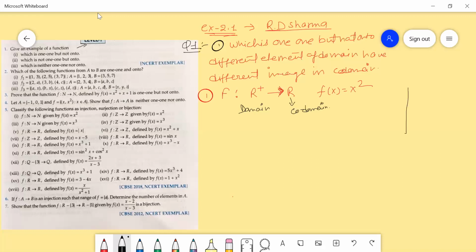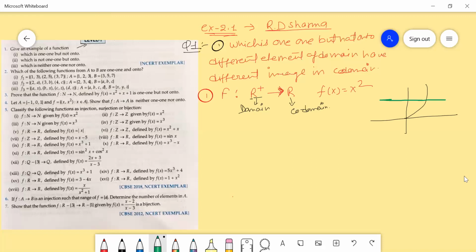So when we plot a graph, y is equal to x square, the graph will look like this, because here we take only positive real numbers as the domain, right? When we apply a horizontal line test on this graph, we draw a horizontal line.